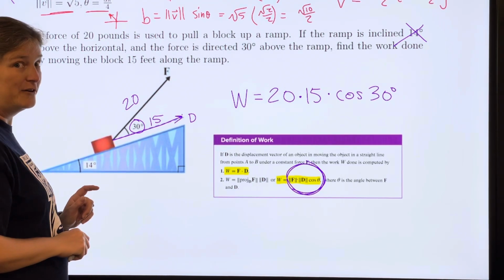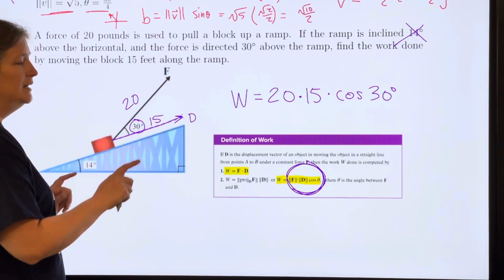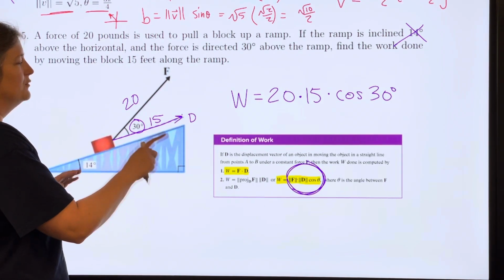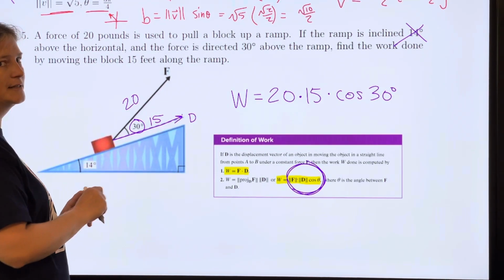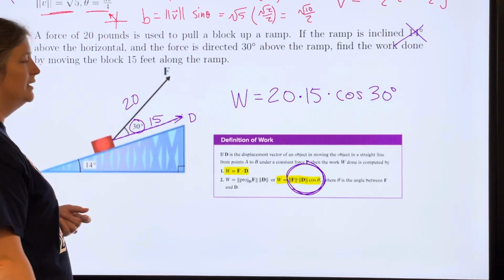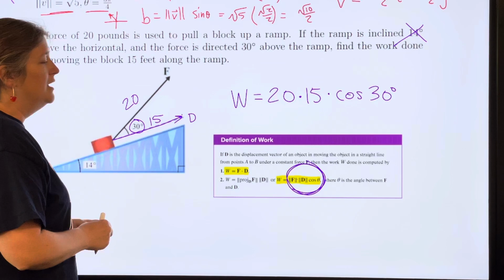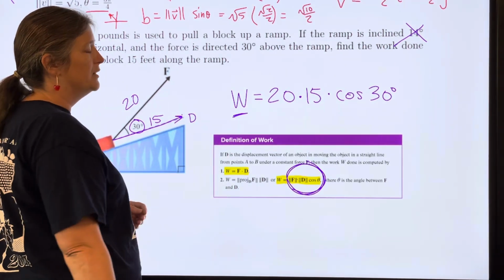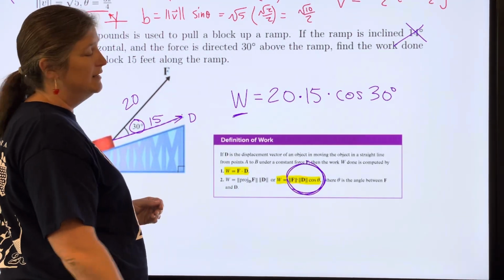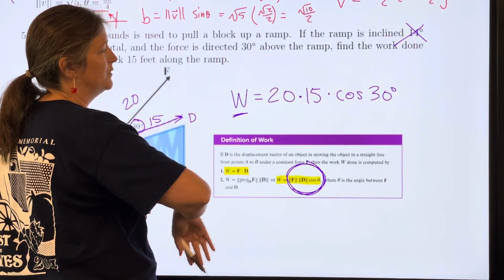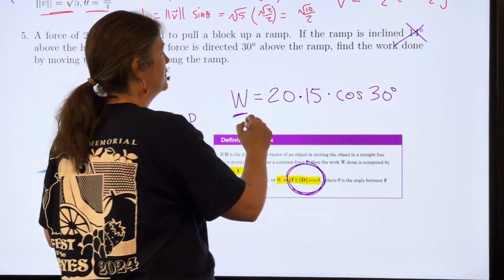If you can find a better formula, an easier formula, then use it, right? So which one do you have all the pieces of? That's going to be a key to physics too, by the way. Finding the formula that you have all the pieces for, including the one that you're looking for that you are missing. You need to have everything except for the one you're looking for. So cosine of 30,